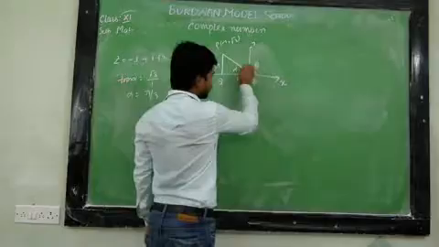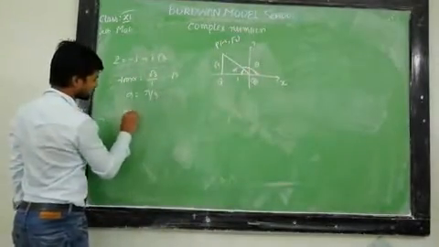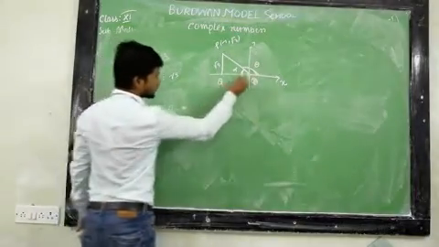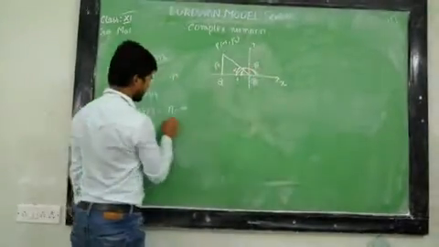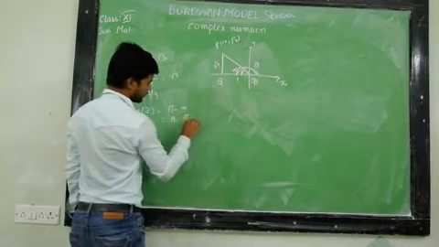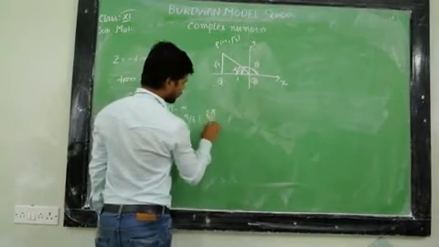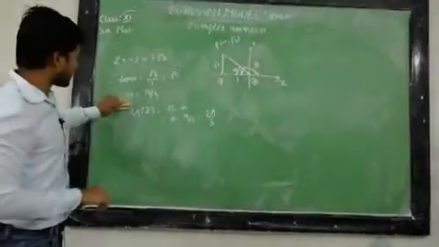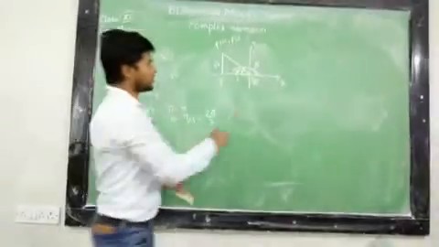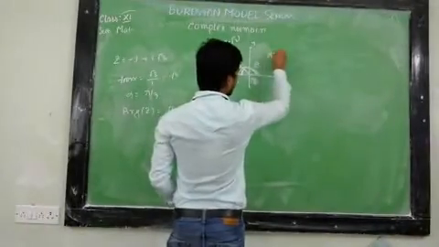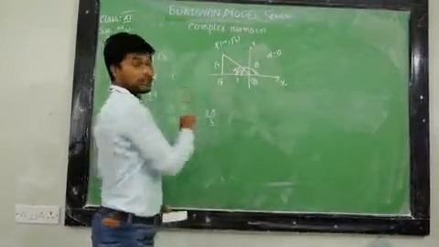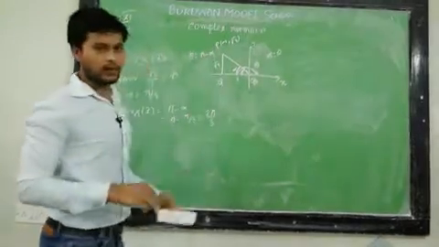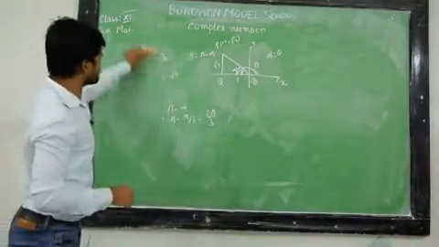Okay, so what is the argument of the complex number? The argument of the complex number z is equal to pi minus alpha. Pi minus pi by 3, which is equal to 2 pi by 3. So always we have to calculate alpha, and if the point lies in the first quadrant, then alpha equals theta. If the point lies in the second quadrant, then the argument is equal to pi minus alpha, and if it is in the third quadrant, then I will tell you what we have to do.